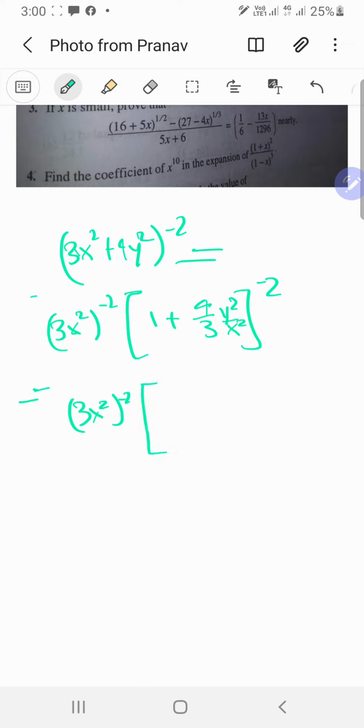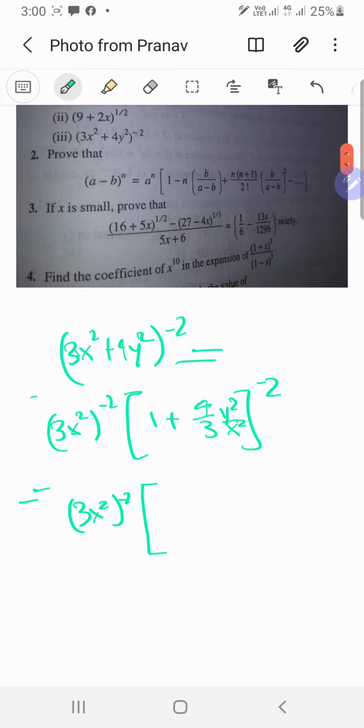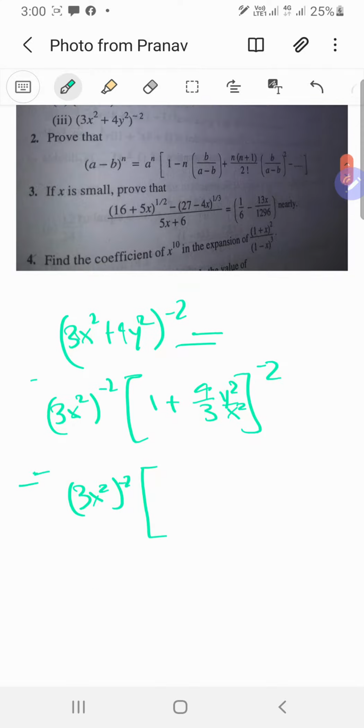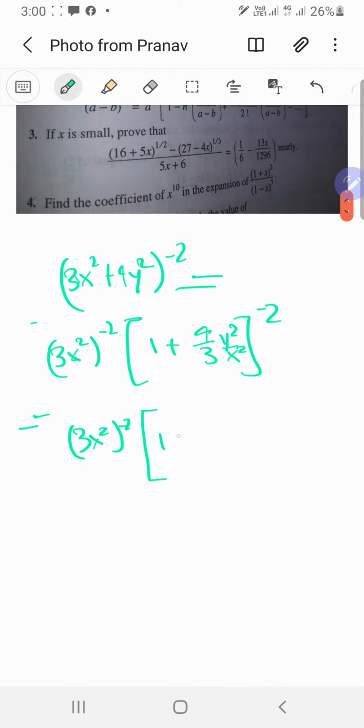Yeah, that will be fine. So yeah, let's just do this. Actually, now this depends on whether we take out the 3x squared or the 4y squared, but let's just expand it anyway. So it's going to be equal to 1 plus, actually, minus 8 by 3 y squared by x squared. Okay, and then you need minus 2 minus 1 is actually minus 3, so it's minus into minus is positive 6. Yeah, so it's going to be plus 6 upon 3 factorial, which is also 6,